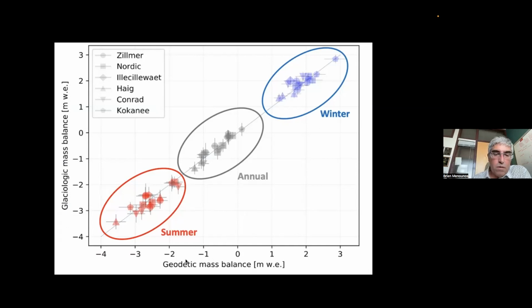This is a plot that just shows the relation between those different glaciers that Ben worked on and what he measured in terms of glaciological mass balance, and what we could do using an aircraft and making very simple assumptions on the density of the snow and ice. And you can see that the correspondence is quite good. So this allows us to not only say something about the glaciers he worked on, but also to estimate the mass balance, or the amount of water gained or lost, for hundreds of different glaciers that we routinely fly each year.